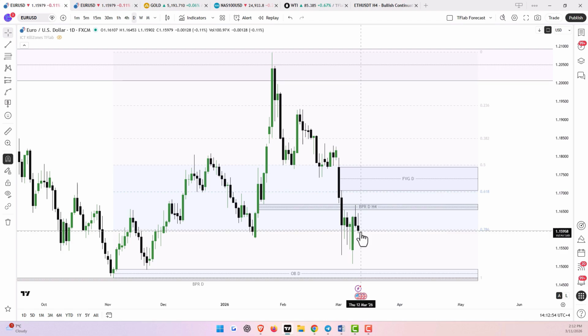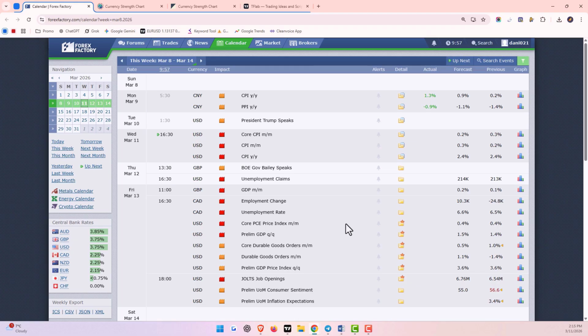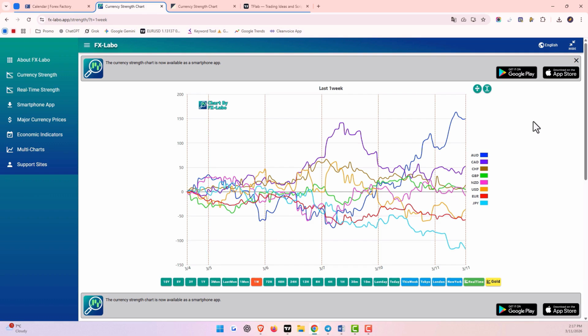In such circumstances, the impact of economic news becomes less significant, and financial markets are more influenced by news related to military tensions. We are currently reviewing the economic calendar. As you can see here, there won't be any major economic news for the euro this week, and today we have the news related to the US dollar's CPI and core CPI. However, as mentioned earlier, we do not expect this news to have a significant impact on the price movement of the EUR/USD currency pair. By reviewing the currency strength chart, we can see that last week the dollar was among